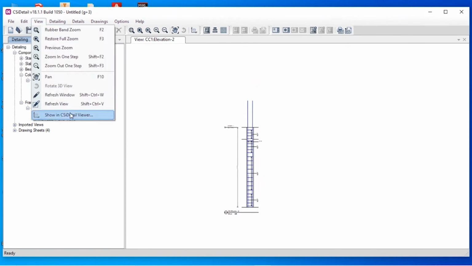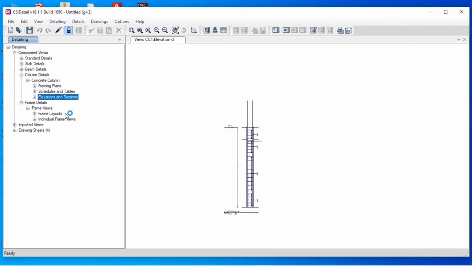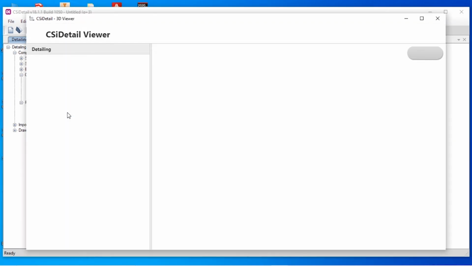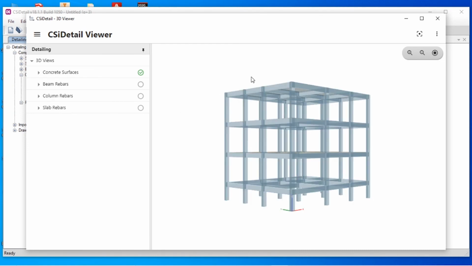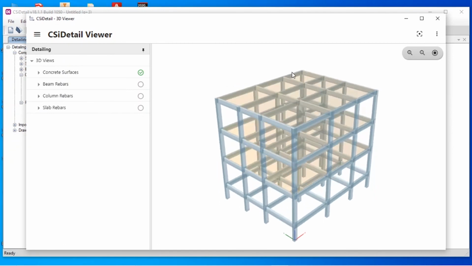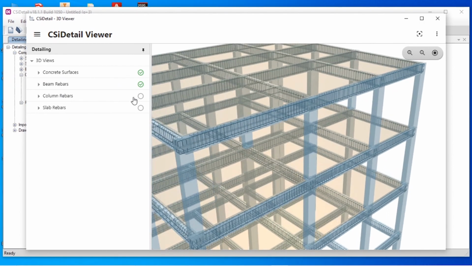And in order to find all the 3D detailed model of the rebar as well as the structure, go to View and CSI Detail Viewer. Here you can see the concrete surface design. When you click on beam rebars, it will show all the beam rebars.